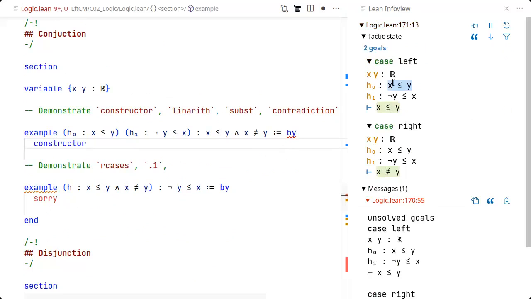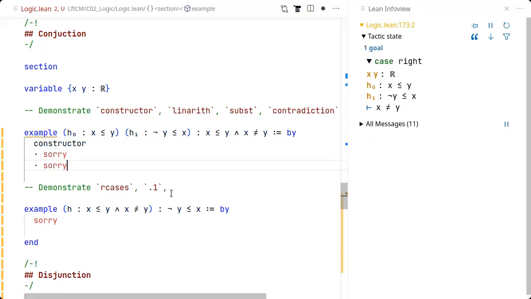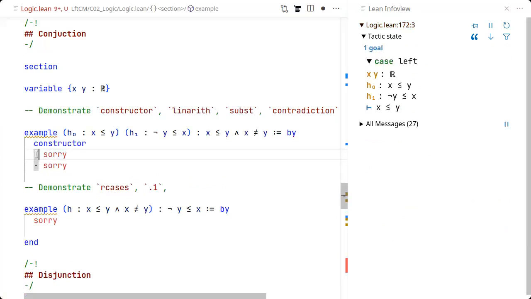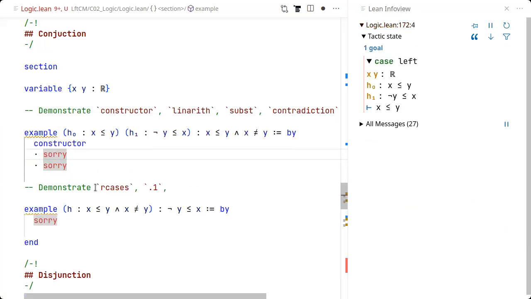And now we have two goals. I think this is the first time this week we've seen that we can have more than just one proof goal. And in the case where we have several proof goals, we want to structure the proof. The best way to structure proofs is to have these little dots, which we can type with \dot, which just create sub blocks of tactic sequences. And so, okay, first goal is just an assumption. And the second goal,